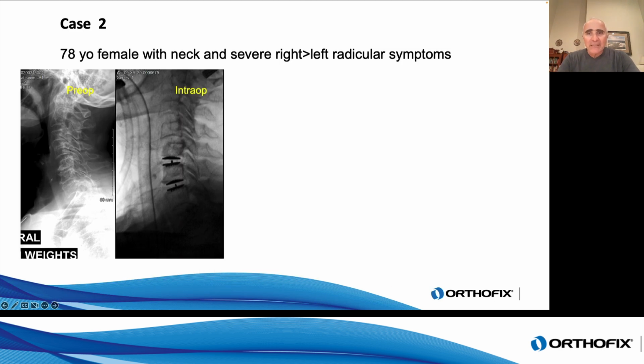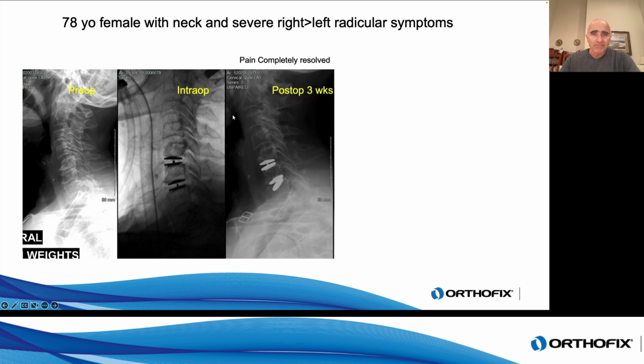Second case is a 78-year-old female with a neck and severe right, greater than left, radicular symptoms. You can see here her pre-op x-rays with advanced degeneration at the C5-6 and C6-7 levels, followed by intra-op final images showing great height restoration and well-positioned Mobi-C implants. At her first post-op appointment, her pain is completely resolved, but she has very obvious C7 superior end plate failure